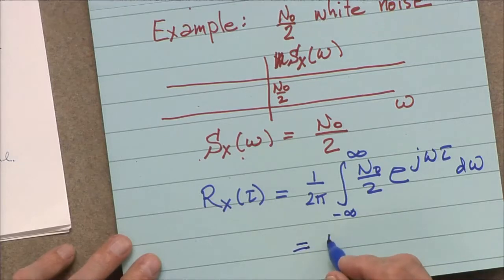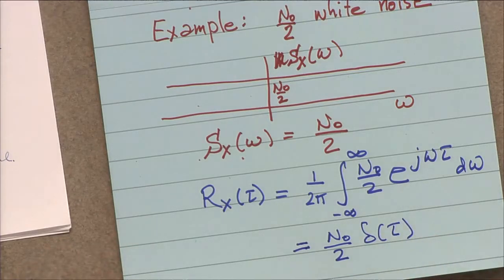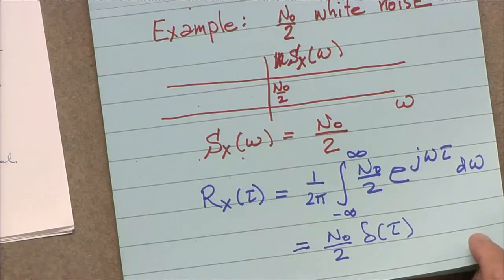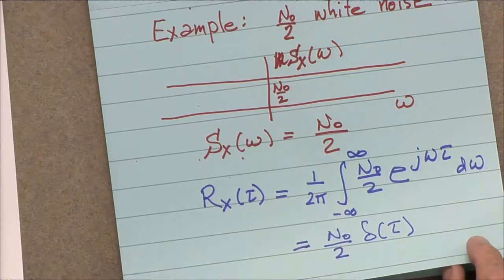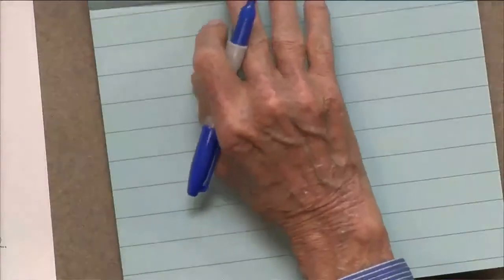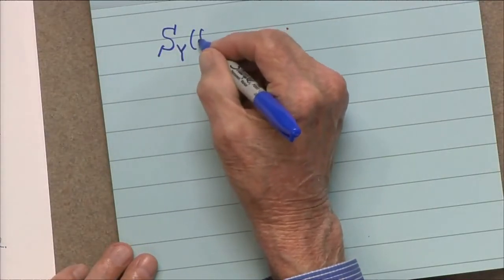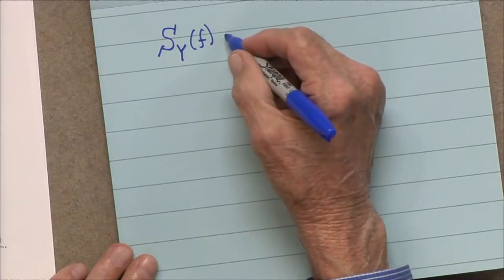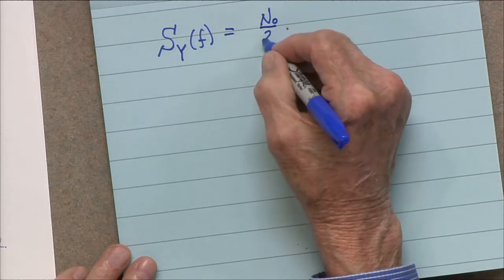This is N0 over 2 times delta of tau. The autocorrelation function of white noise is the impulse. So S_Y of omega, the output from this system, is N0 over 2 times